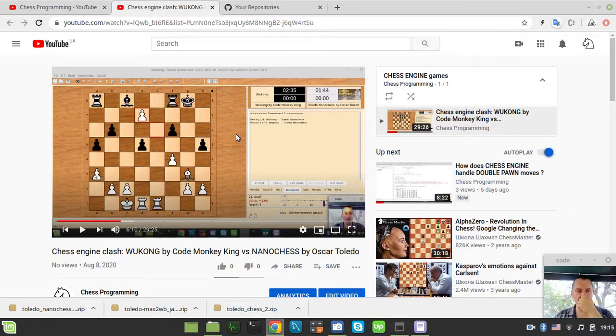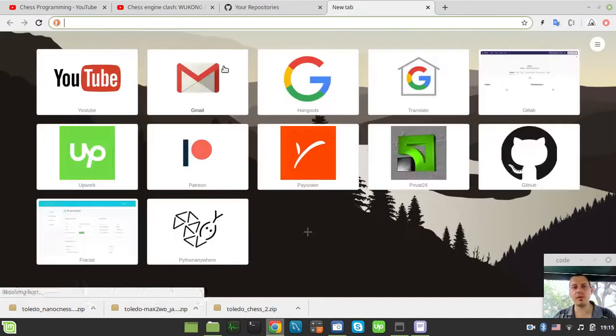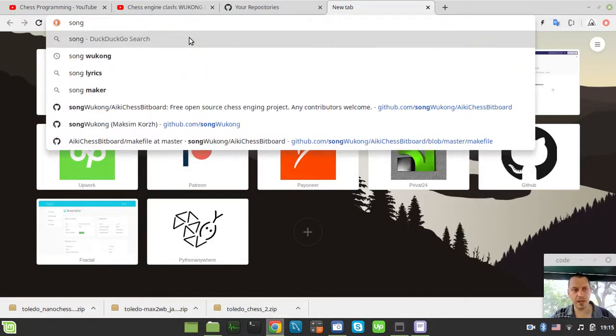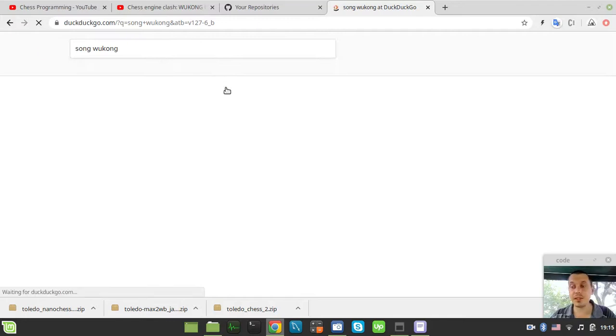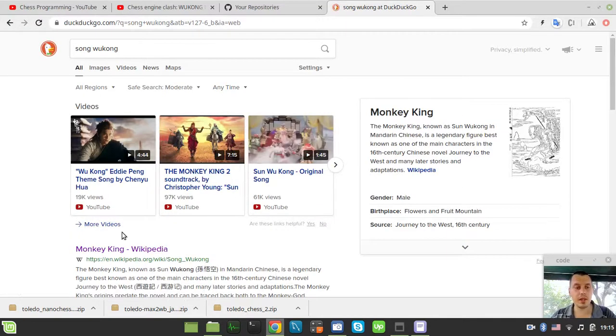So now let me explain where this name Wukong comes from. It's a Chinese word that can be translated as something like studying the void or researching the void. There is a folk character in ancient Chinese culture named Sun Wukong, and he is known as the Monkey King. And there is the great